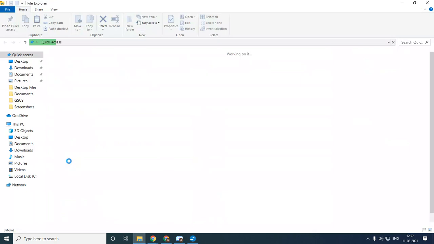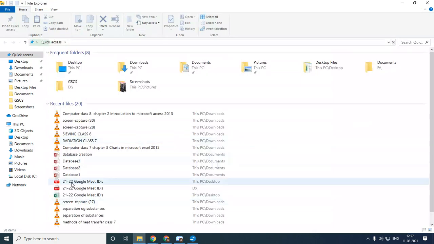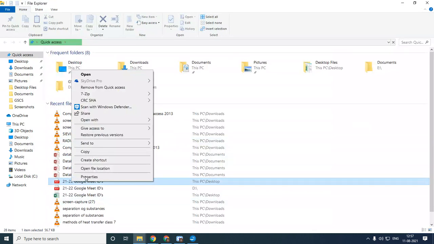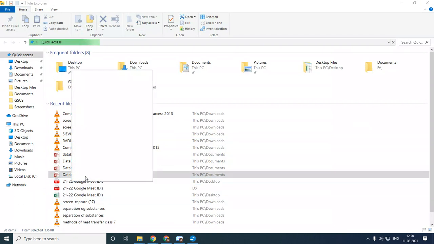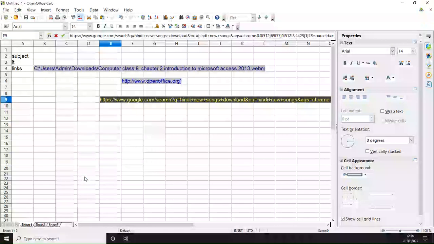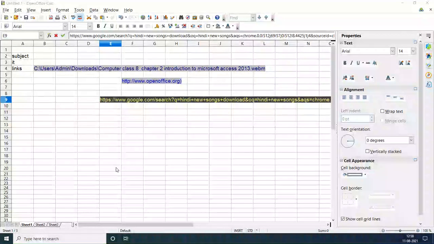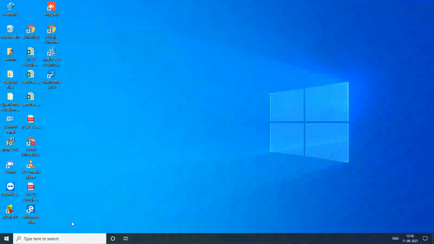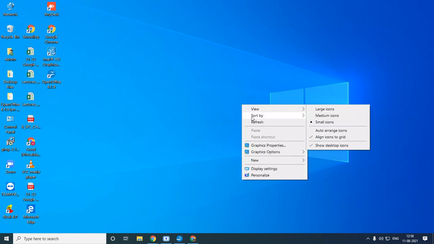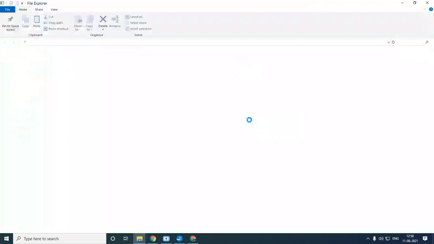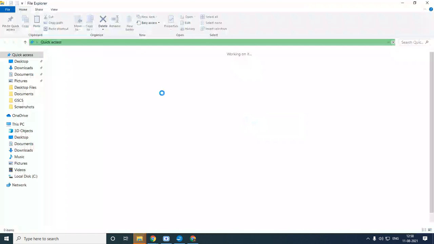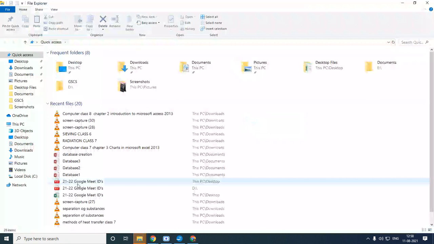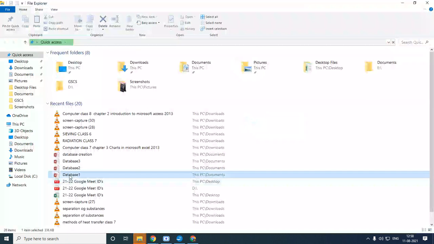For this file, any one of the files here, if I go to its properties, as you can see,